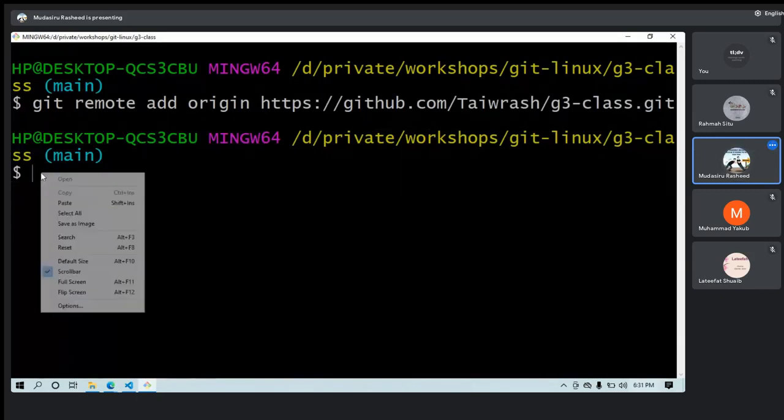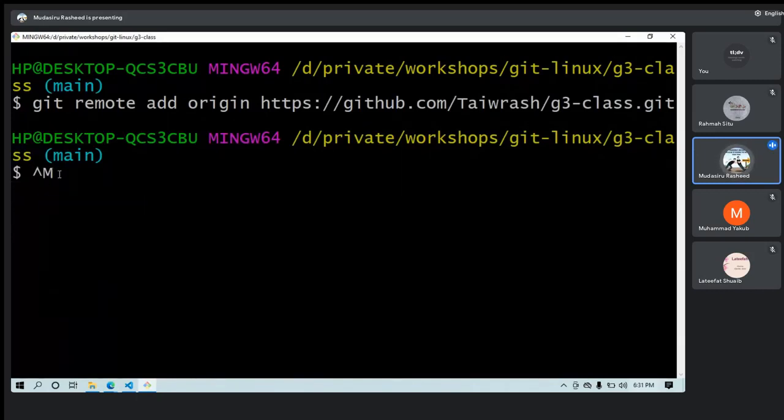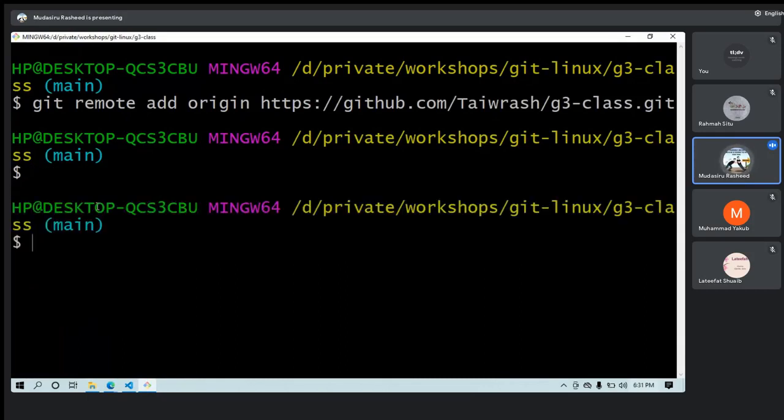Type it out yourself, or should I go ahead and type it? I've copied it. If it does not paste, that means I will type git push origin main. This main is just the name of the branch we want to push. If you are using your own different branch, you just say the name of the branch you created. That should be an assignment for us. We will all create a branch. I will show us how to create a branch and we push our own to it. Git push origin main.